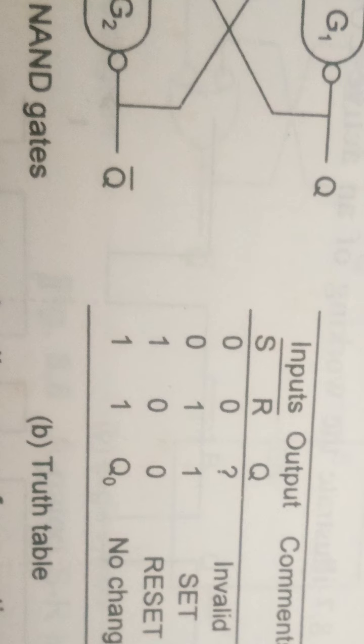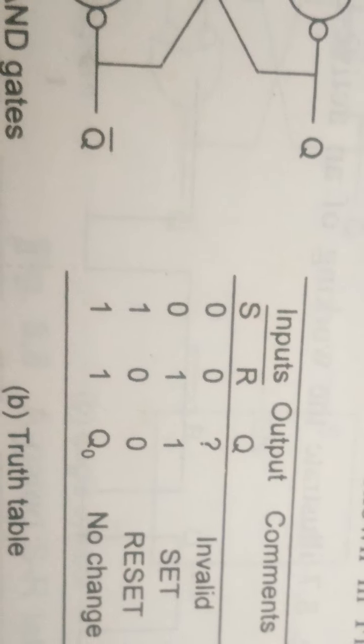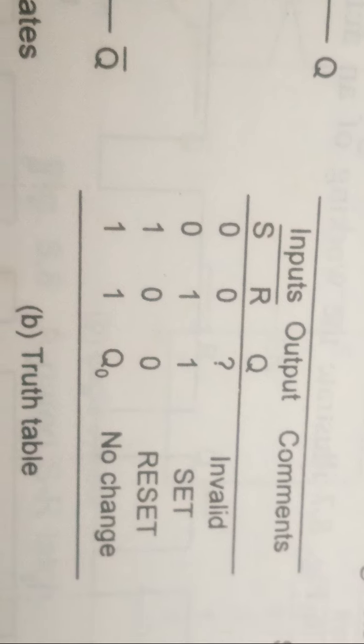The operation of this latch is reverse of the NOR gate latch. NOR में जो ऑपरेशन होता था आउटपुट में आप देख सकते हैं, it is just reverse. So that is why it is known as active low SR latch. If zeros are replaced by ones and ones are replaced by zeros, तो हमको सेम ट्रुथ टेबल मिल जाएगा जो हमको NOR लैच में मिला था.